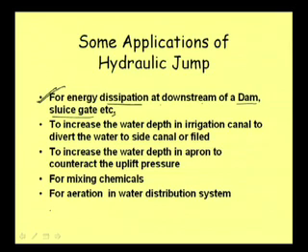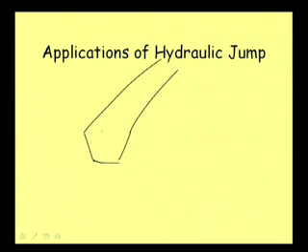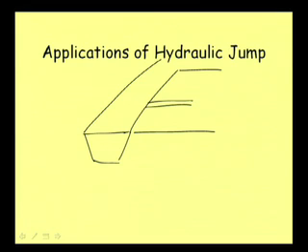Then let us see what is the second application. The second application is to increase the water depth in an irrigation canal to divert the water to a side canal or to the field. Well, in an irrigation canal, when an irrigation canal is carrying some water, say in this side it is field, and there may be some small field channels, then water depth is, suppose, this much, and with this depth water is flowing here, okay,